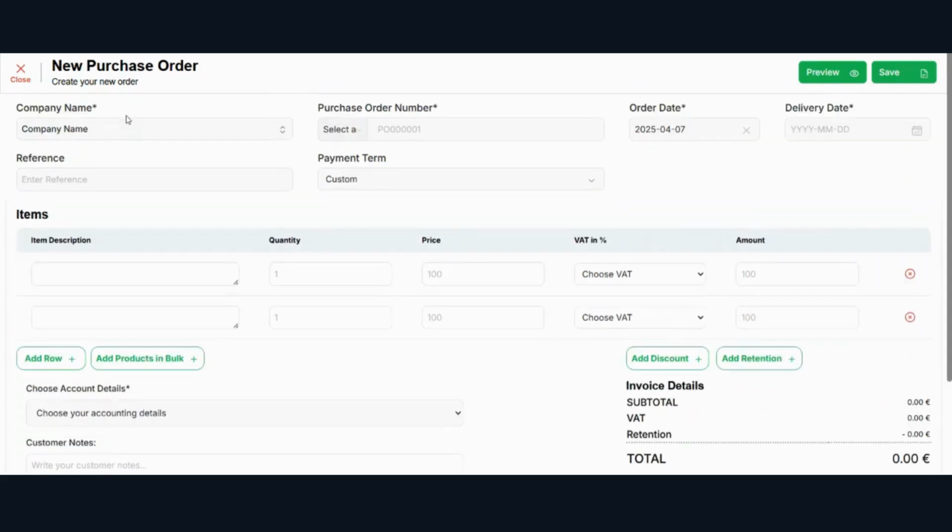Okay, so let me show you. And here is another option of add prefix. If you want to generate any prefix for this purchase order, you can simply add it here. I will show you how to set up any prefix in our next video. Okay, so let's move forward